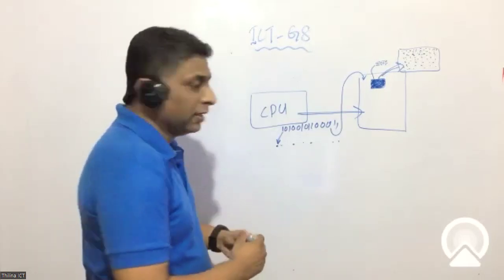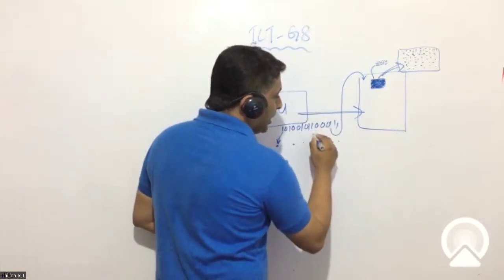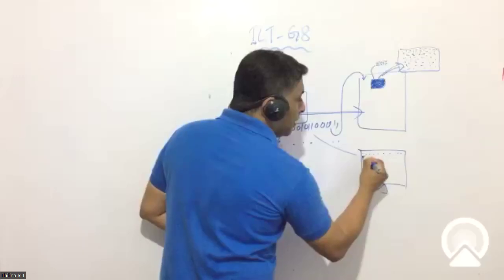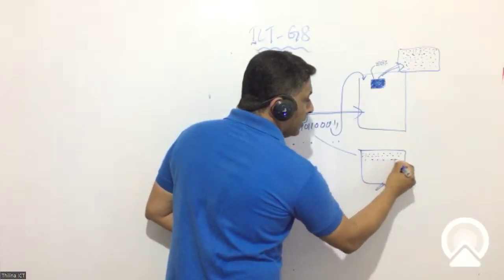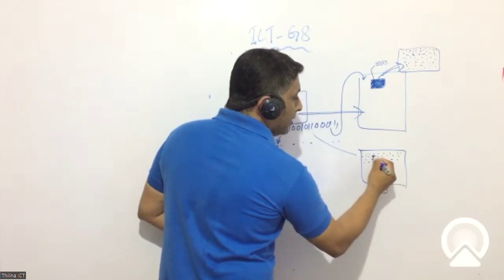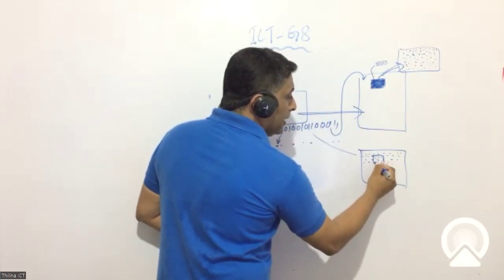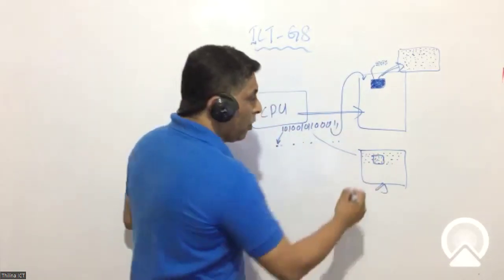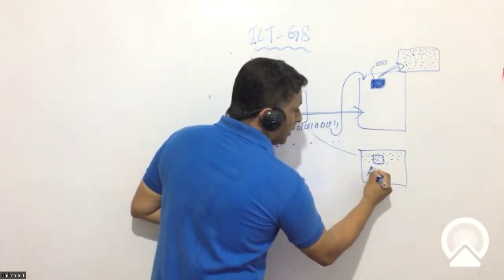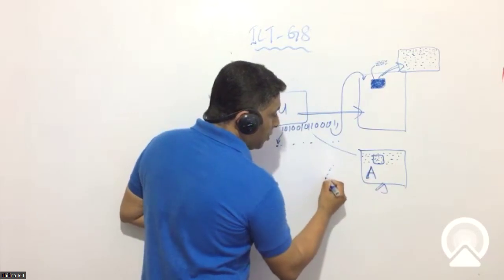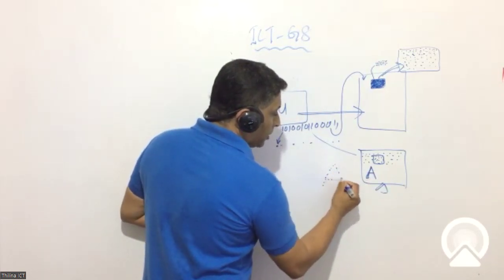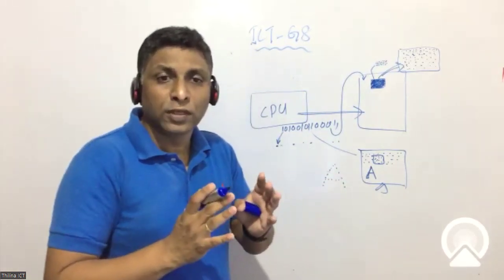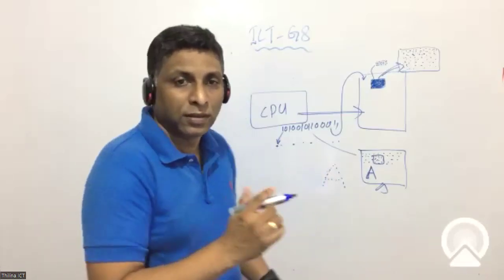Not only for the printer. Even if you want to send this signal to the monitor, the same thing happens. The monitor consists of so many tiny LEDs. Using that, we can draw images on the screen, or we can draw visuals on the screen. If you want to display A, this A consists of so many tiny dots. So if you can put so many dots